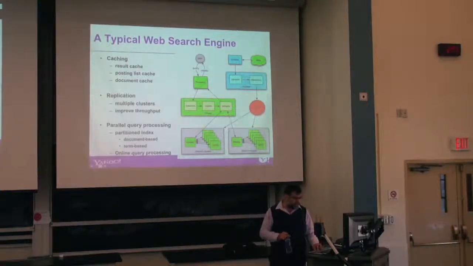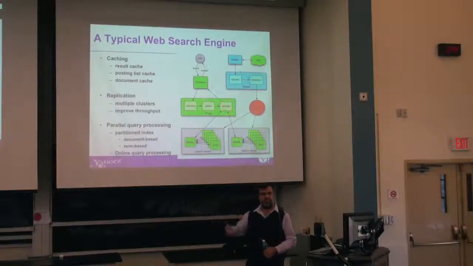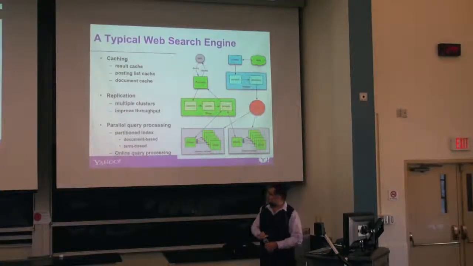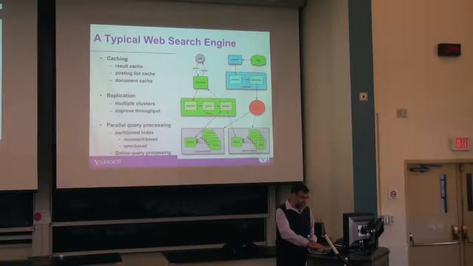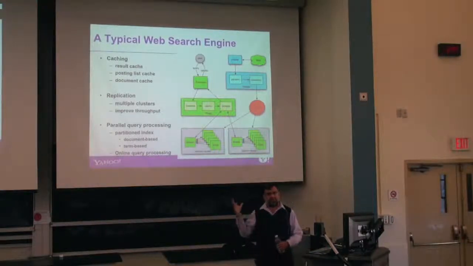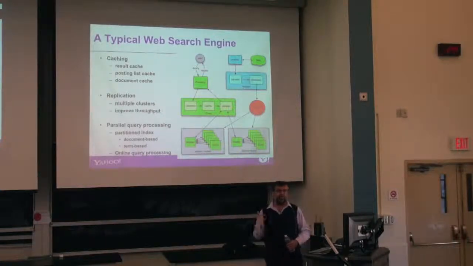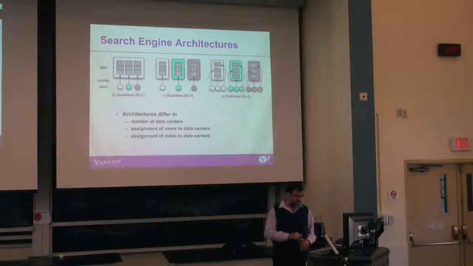Here you have the search clusters that take the queries from the front ends and the proxies that come from the users. This is the online part, the left part, and everything on the right is the offline part: crawling the web, gathering data, parsing it, extracting new content and new links, and sending it to the indexer to build the index. So this is the typical search engine. Of course, there's a lot of engineering, and performance, after you know the basic concepts, is just engineering: how to do something faster and more scalable.